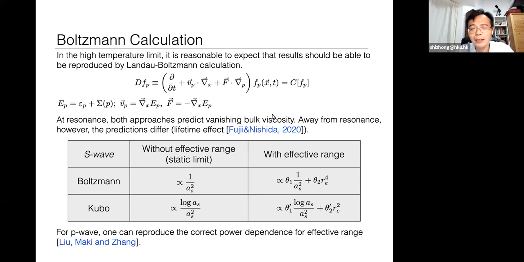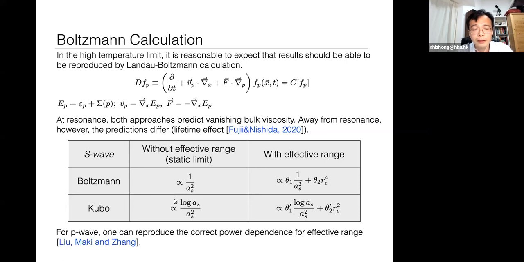In fact, in order to get this result, we essentially put into the calculation by fiat the imaginary part of the self-energy in the kinetic equation. But then it seems to give us the correct result. So there is still a discrepancy between the Boltzmann calculation and the